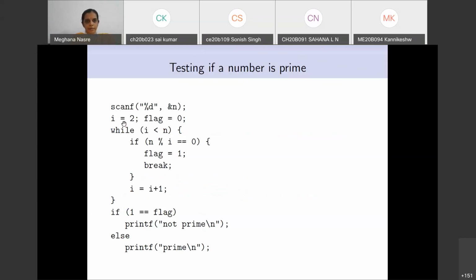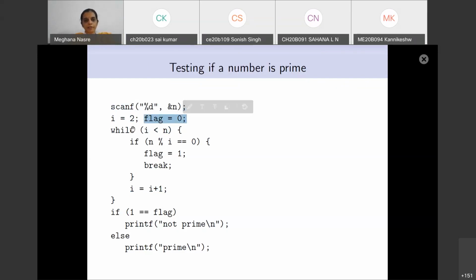So this is the template of the program. Again, something which is not difficult to understand. We are taking the input from the user. The important part is we are going to run a counter, or an increment value, which is going to run from 2 to n minus 1. That is why our i is less than n. We are going to run it all the way, and that has to be incremented in the loop. So this is i is equal to i plus 1, which could have been i plus plus. And this flag is something that we are setting if we find a divisor.